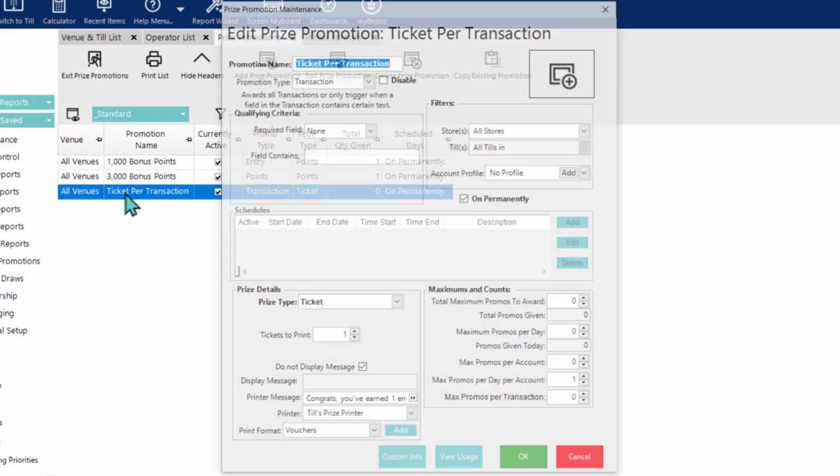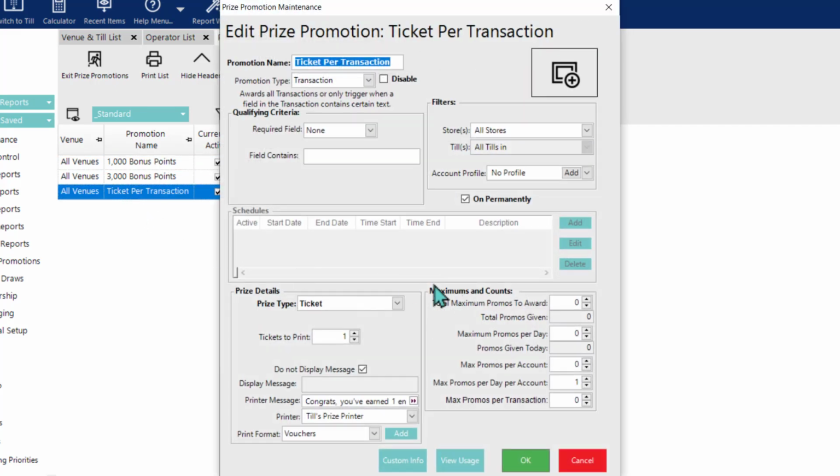We will take a look at this one in Smart Pause later. So while I'm not setting any schedule for this, a use case for this promotion type, potentially with this prize type, or it could be for a different prize type, could be for a different promotion type, but a use case for this could be that it's scheduled for maybe just a few hours on an evening where there's some contest or giveaway or something like that going on,